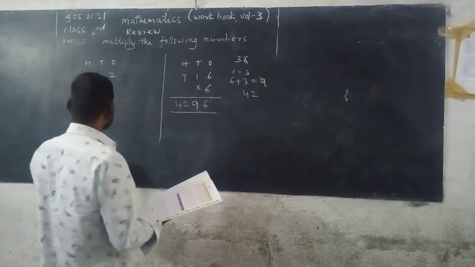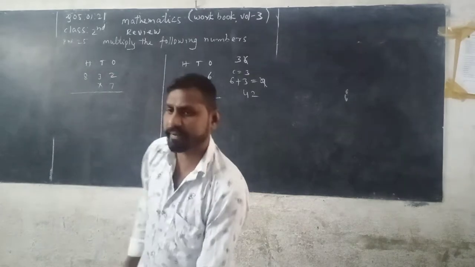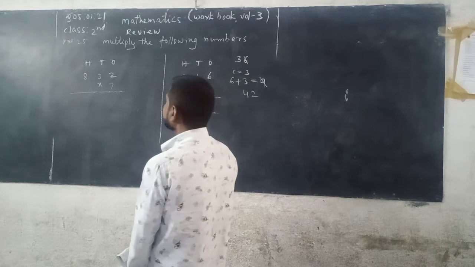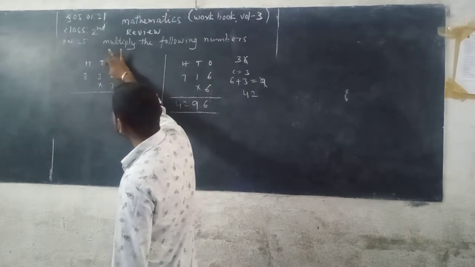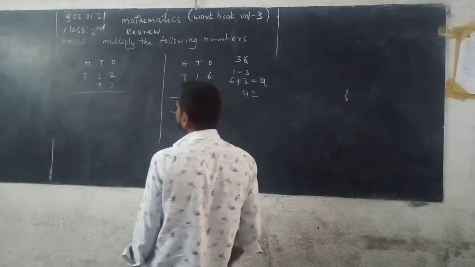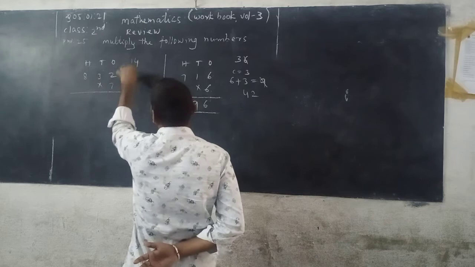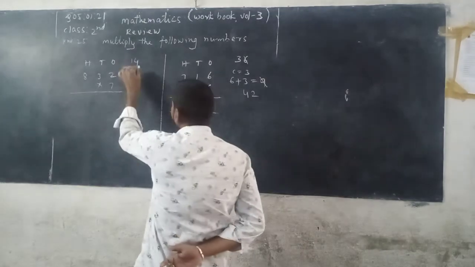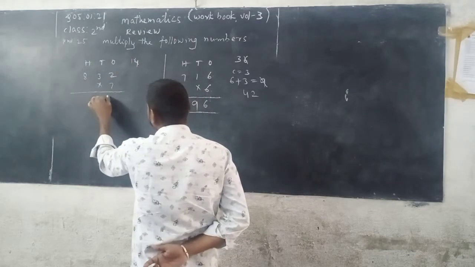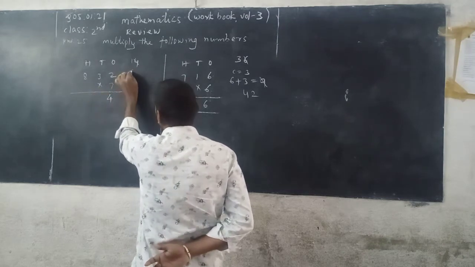Into 7. First the given number, write in column wise according to their places. So 2 is in ones place, 3 is in tens place, 8 is in hundreds place. First we multiply the digits in ones place. 2 with 7. 7 2s are 14. In it, 4 is taken and written down in ones column of the product. Remaining one is the carry.